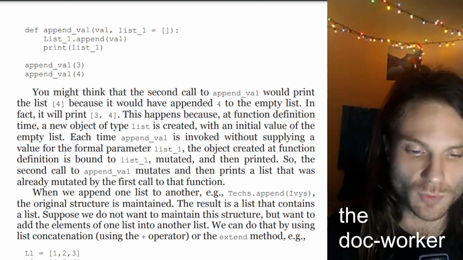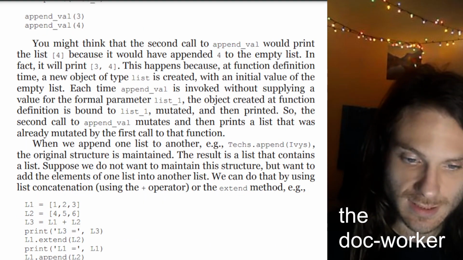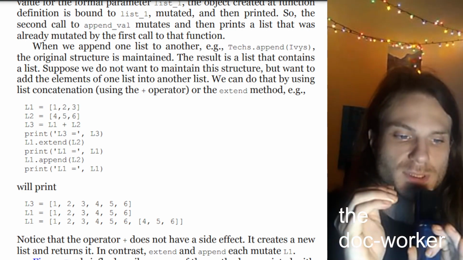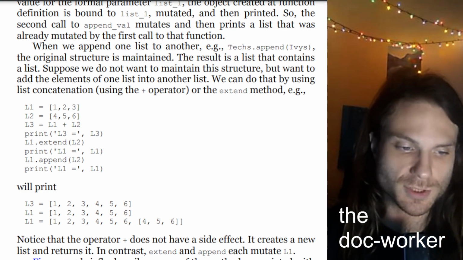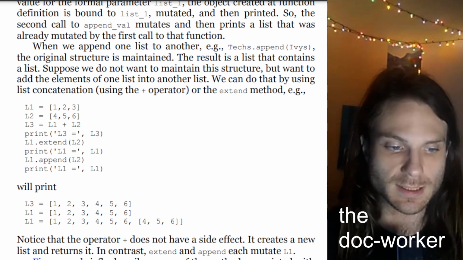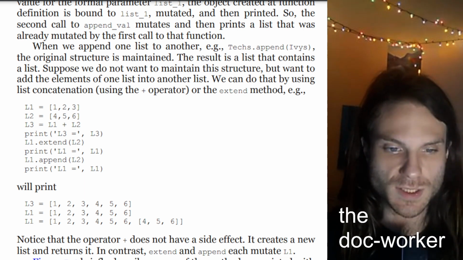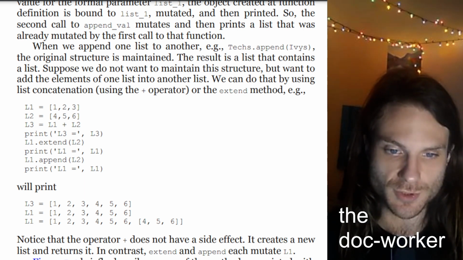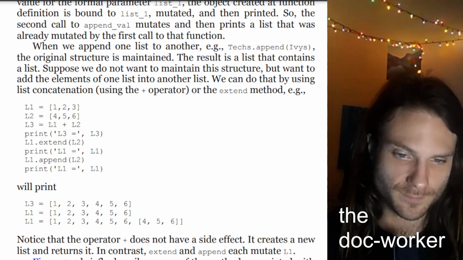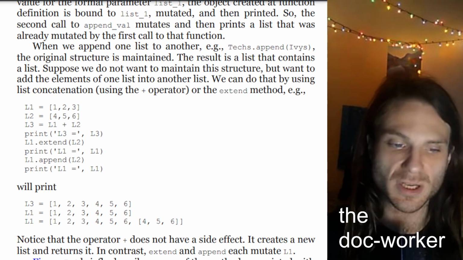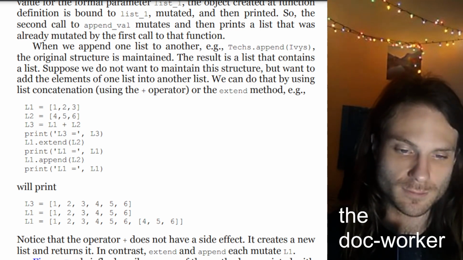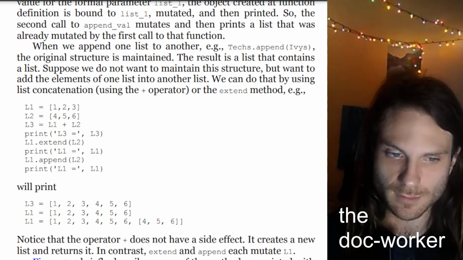When we append one list to another, e.g., text.append IVs, the original structure is maintained. The result is a list that contains a list. Suppose we do not want to maintain this structure, but want to add the elements of one list into another list. We can do that by using list concatenation, using the plus sign operator, or the extend method, e.g.,